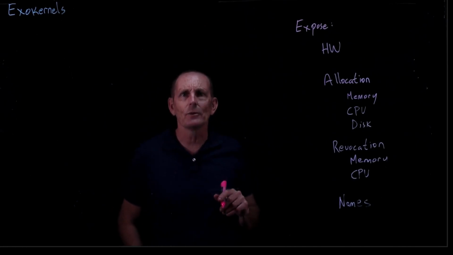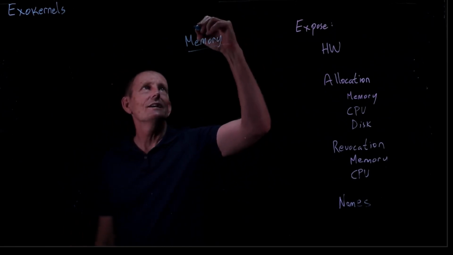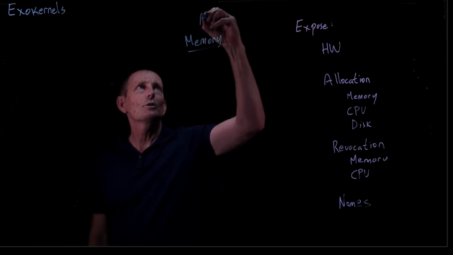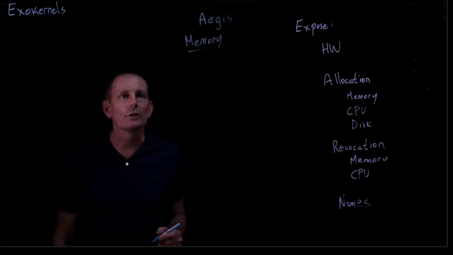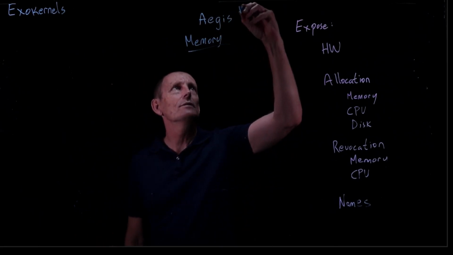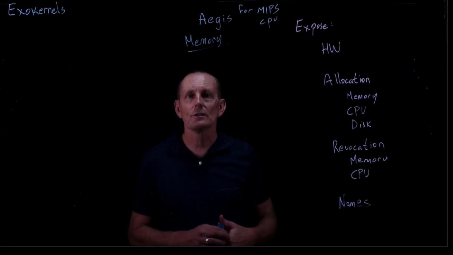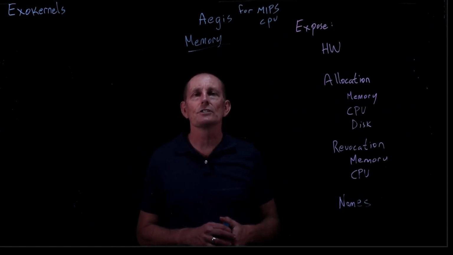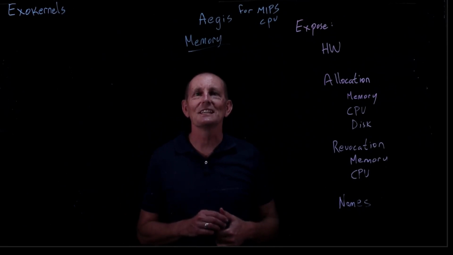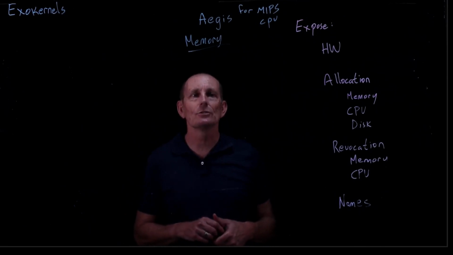So let's look at how this might work, let's say, for memory. This, by the way, is the prototype exokernel called Aegis. And that was written for a MIPS CPU. MIPS was a RISC processor, so a reduced instruction set. Well, it still is. And one thing to know about the MIPS CPU, let's just take a little detour there,